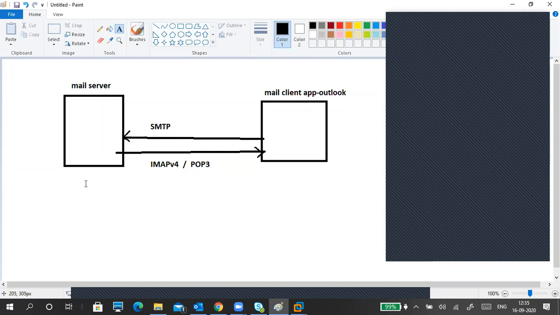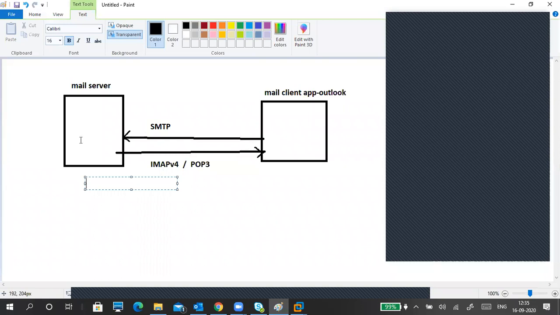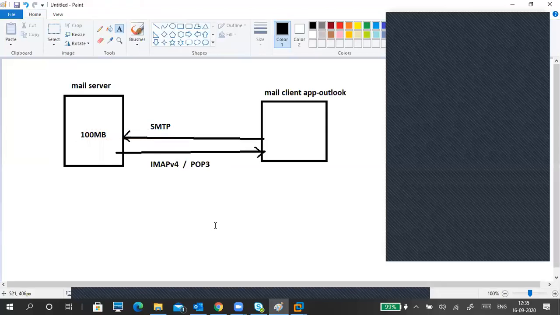Here is a scenario, like the one I mentioned earlier. Your mailbox size is 100 MB, and you are receiving and sending a lot of mails. Mail communication is very important for your organization. So the mailbox gets filled in 1 or 2 days, or maybe in 1 week. You need a lot of mailbox size, but actually you have to delete the old mails, and only then can you receive new mail if it is full.